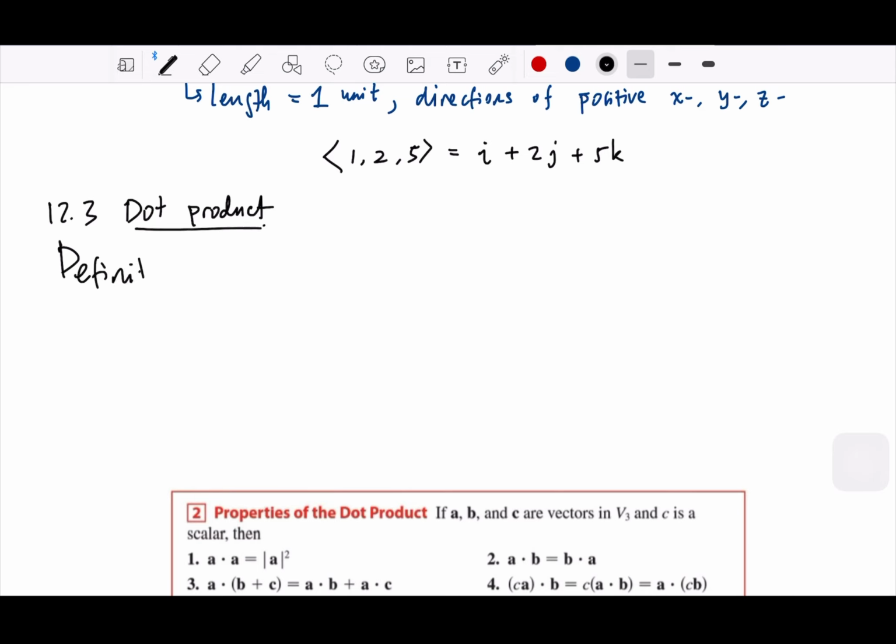Definition: if vector A, and I will write every vector with an arrow above the letter, so that will be better to distinguish vectors and non-vectors. So vector A is A1, A2, A3, and vector B